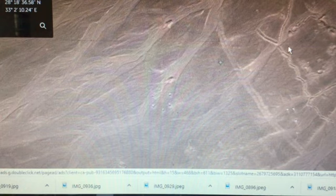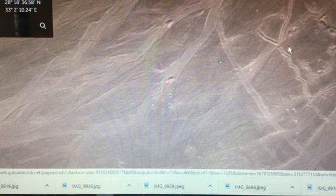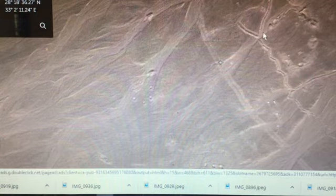But the area that caught my eye right from the beginning when I discovered this, I need to give a bit of history how I discovered this. I was on the coastline, zooming in on the coastline, and I found these wave structures with ships floating in them. That will be covered in a different video at a different time. But these waves, when I opened this one, said to me that this is a kind of a tear,